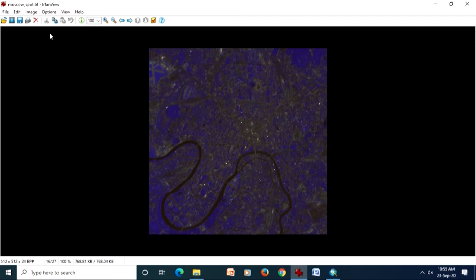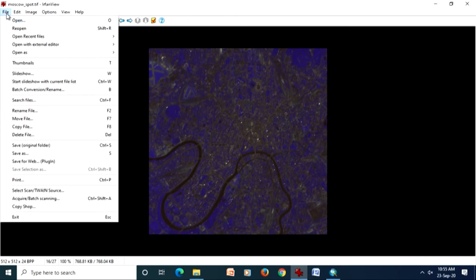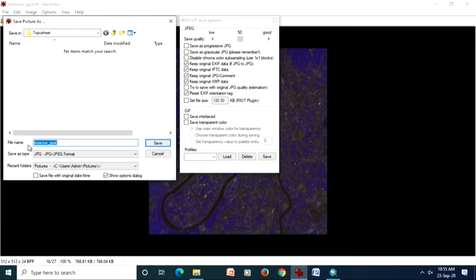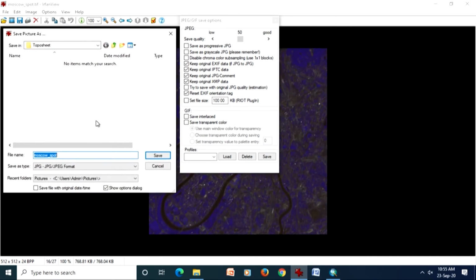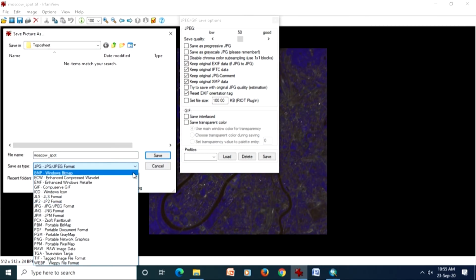Currently I am displaying a satellite image of Moscow, and just forget about the colors and other things, just take it as a satellite image. Now I am going for save as, and you will see what kind of options it is providing. See the options.